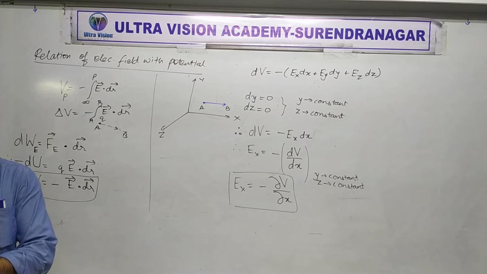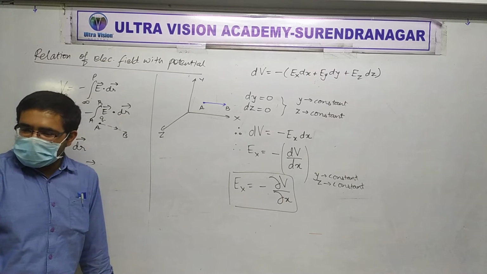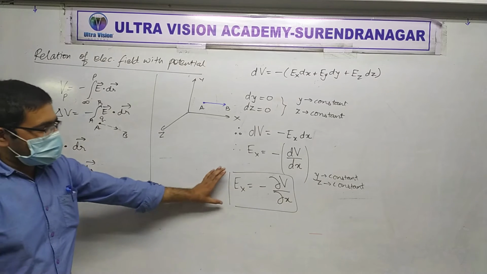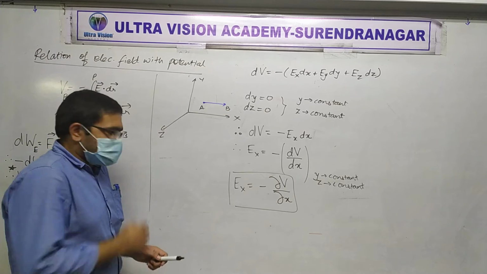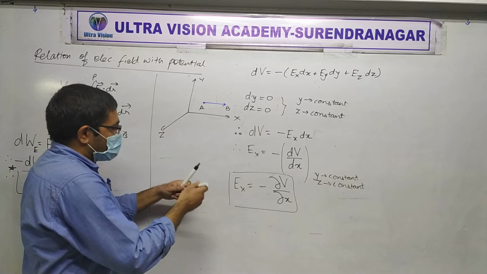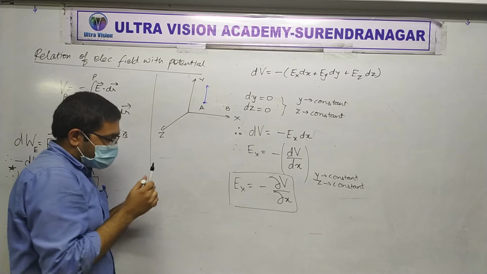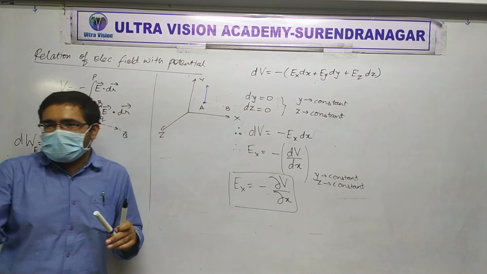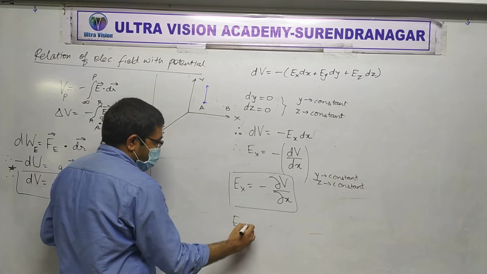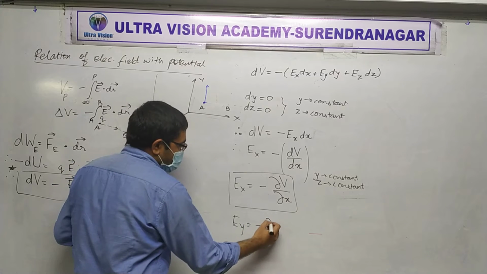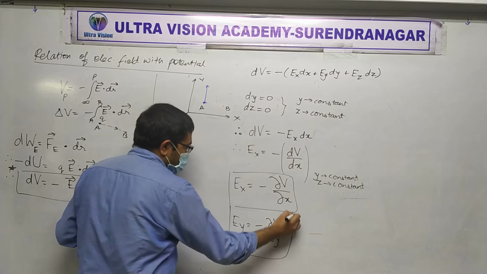Now gravitation में आते हैं. Now I remember that I have taught you. Okay, right? Now suppose instead of moving along x-axis, if the charge would be moving along y-axis or parallel to y-axis like this instead of this, what do you expect? dx will be 0, dz will be 0, and above you repeat, Ey equal to minus del V by del y. Is that clear?